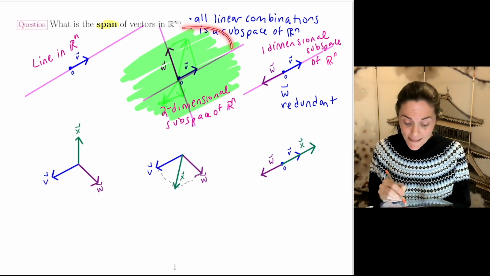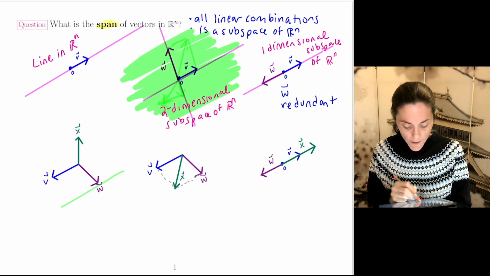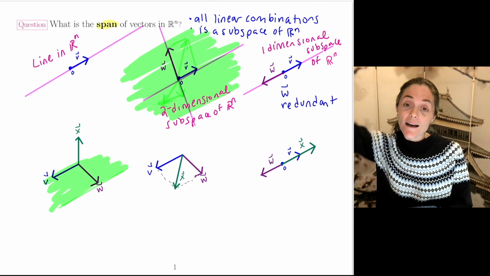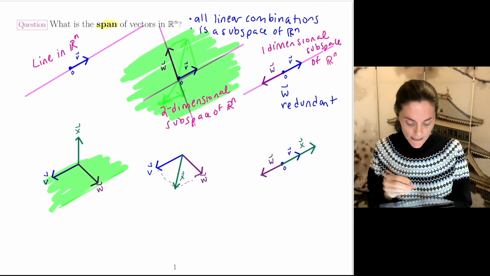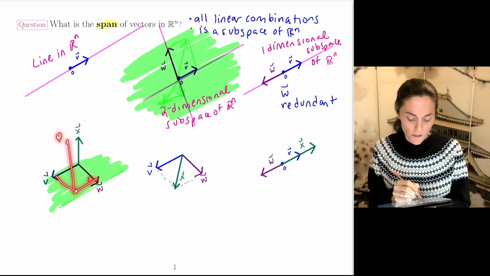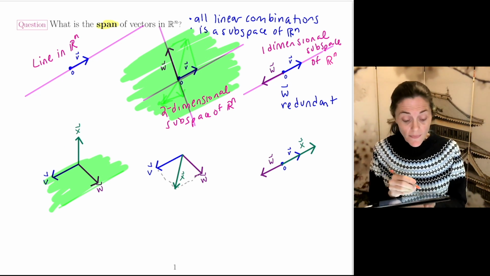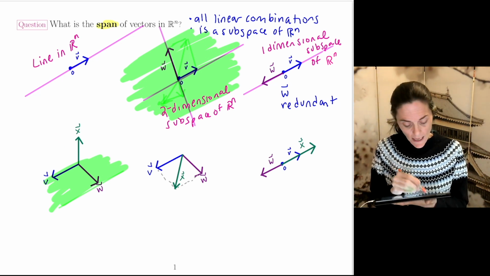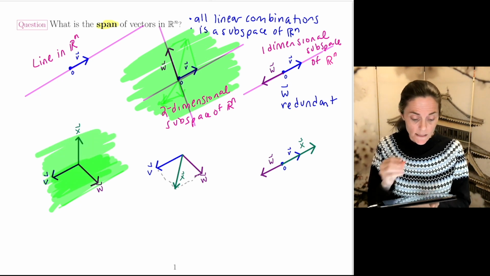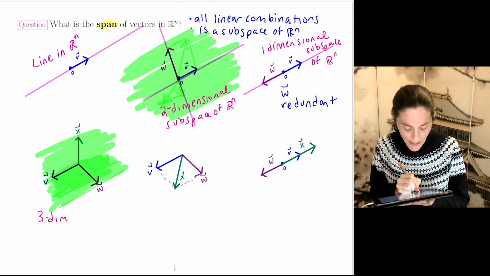So it's going to be very similar to this. If I just took all linear combinations of V and W, I would fill out a plane, but now I have X. So for instance, I could get a point up here. You could figure it out, whatever the multiples of V, W, X you need to get that, thinking about adding arrows. And so we would fill out this whole three space. So here, we have a three-dimensional subspace of Rn.